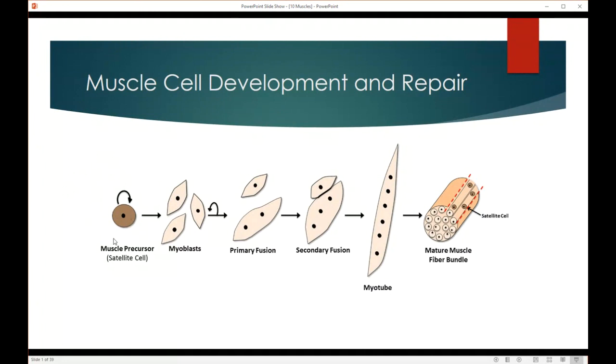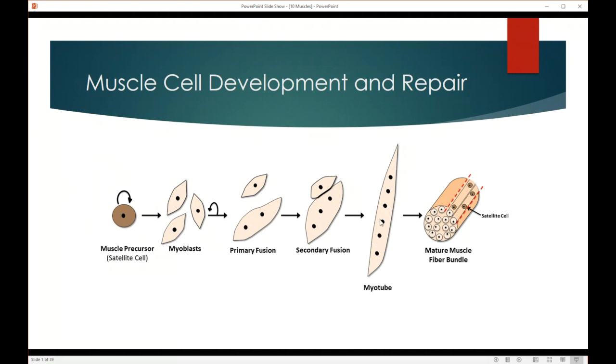Okay, so we have these satellite cells. Satellite cells are like stem cells. Okay, and they can remain stem cells. Okay, but some of them are going to differentiate into myoblasts, and then they can also start to fuse together. These myoblasts start to fuse together, and they eventually become